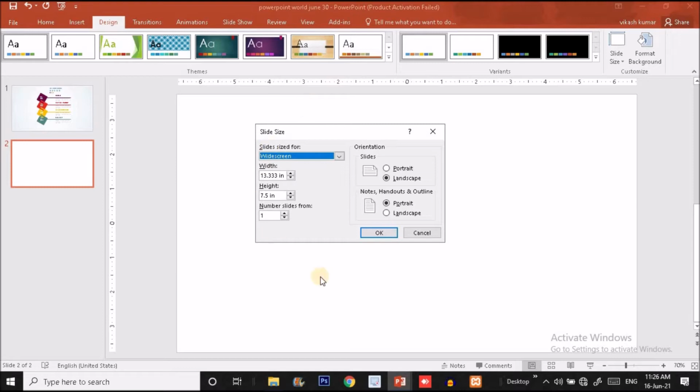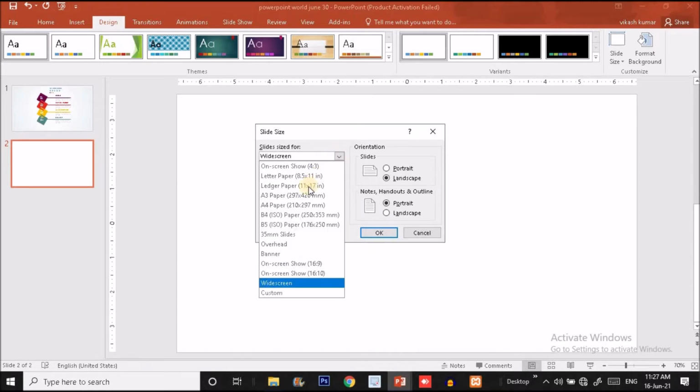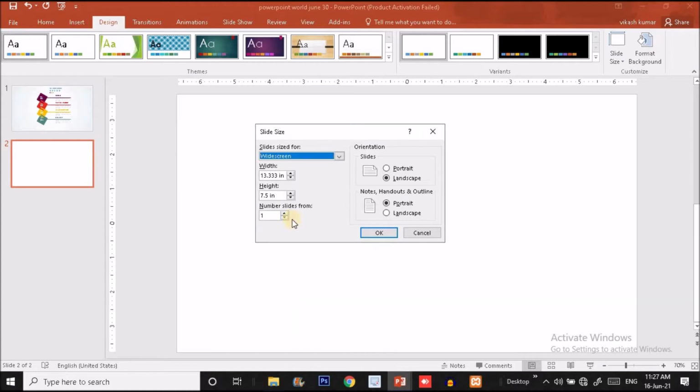Just click on that. As you click the custom slide size, you will get a window with all the information about the height and width of the slide. This is the particular width and height I'm using in this slide, and if you don't want to set it manually, then you have the option to select from predefined slide sizes. Like if you want to print something for A4 size, then you can select it, and if you want to do some stuff for the wide screen, then you can select the wide screen. So I'm doing it for the wide screen, so I'm choosing it.